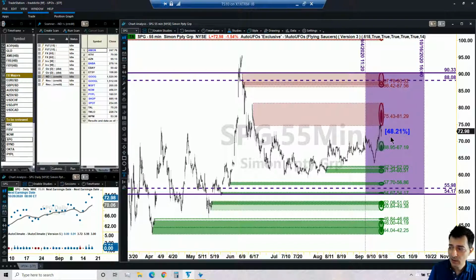You can see the beauty of the UFOs, that UFO slowing down the price, going back down, a green UFO that appeared. So if it goes down, it's likely going to stop and turn and spend time in the purple area, waiting until we reach October 16th. Okay, so as of now, those trades are looking good.